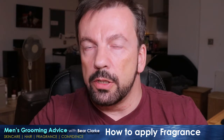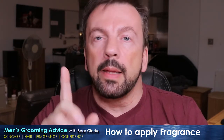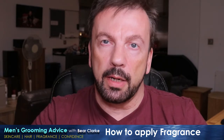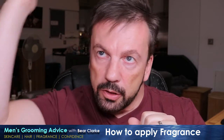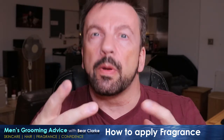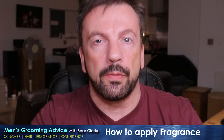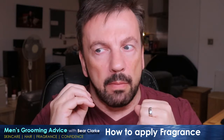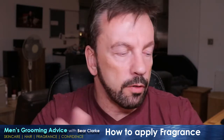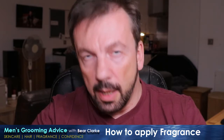And there is one more place you can apply your fragrance, of course, without being rude, and that is your hair. Now you can spray fragrance directly onto your hair. Do it from a distance so it's a fine mist, don't overdo it, but you can spray it on your hair. The molecules of the fragrance attaches to the shafts of your hair and will last for hours. In fact, you could even find, if you've got a reasonable projection or silage of a fragrance, and if you do just